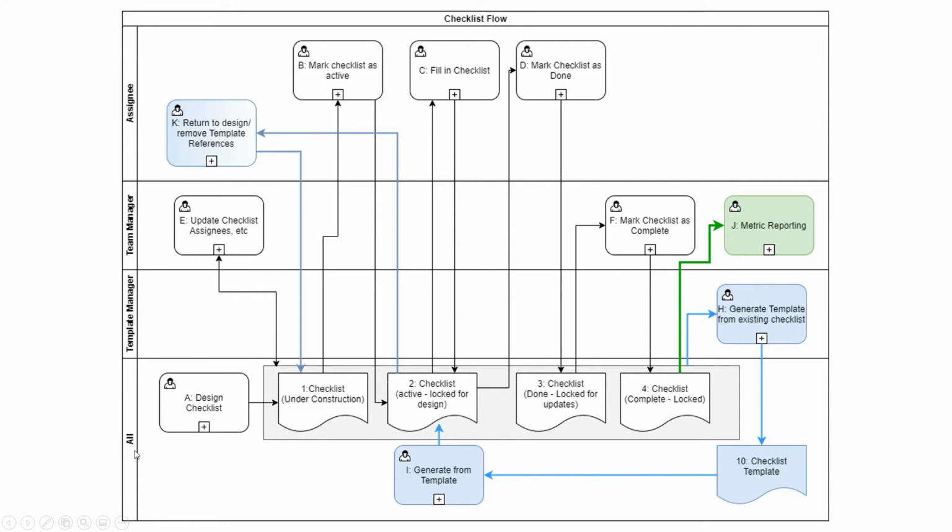And another option all people have access to is to generate a new checklist from a template. So it's just another way of getting to this active checklist, is to do it by generating from one of the templates that are out here. Anyone can do that. Again, by default, the assignee is the person who's generating from a template, and then they can use that checklist they've created. They cannot